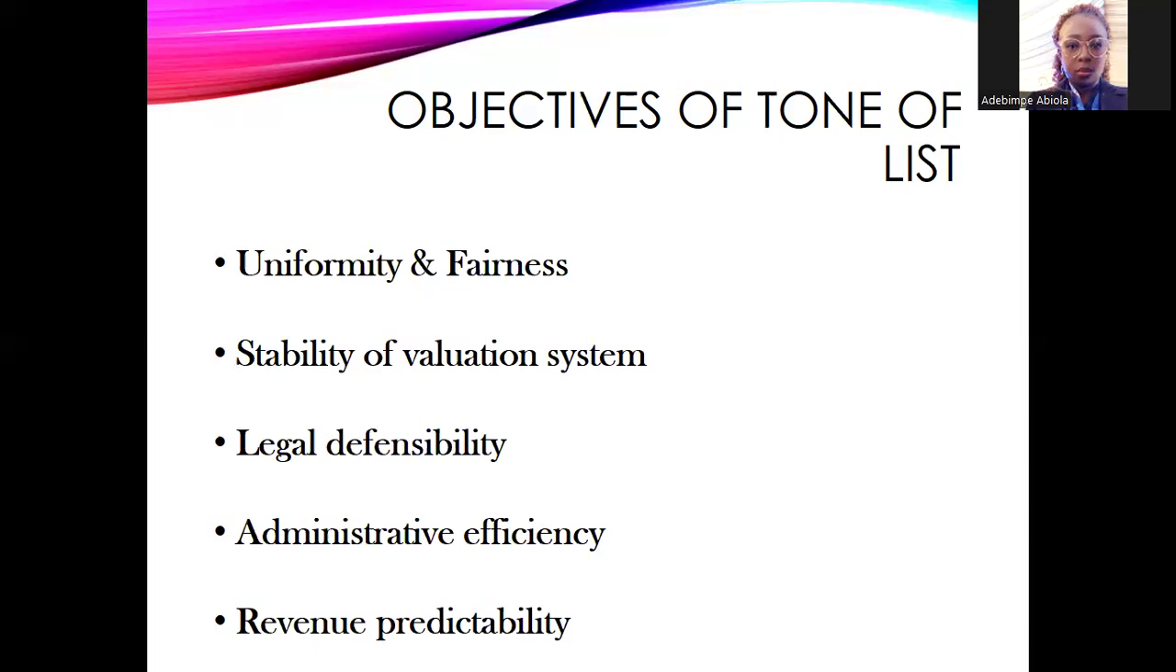This is just to ensure that all ratepayers are treated equally, for similar properties. And why are we doing this? We are doing this in order to prevent arbitrary or discriminatory assessment, to avoid disputes in a way. Then the second one is the stability of the valuation